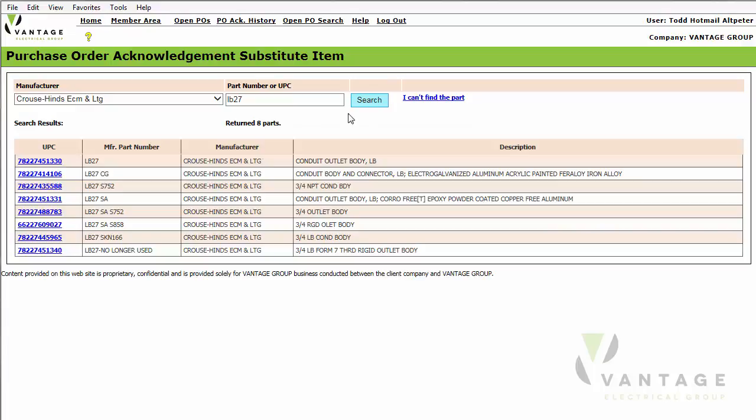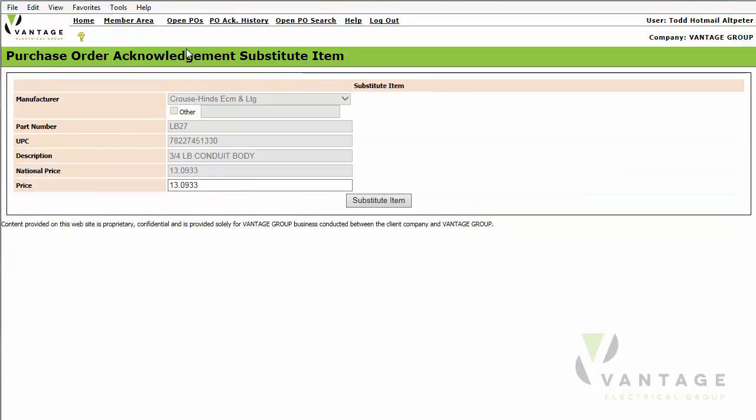Part number LB27. And in my list, I will see a list of products that match that criteria. If this is the one I want, I will click on the UPC code. And I can see that the Substitute Item screen is opened here. I'm going to put a price